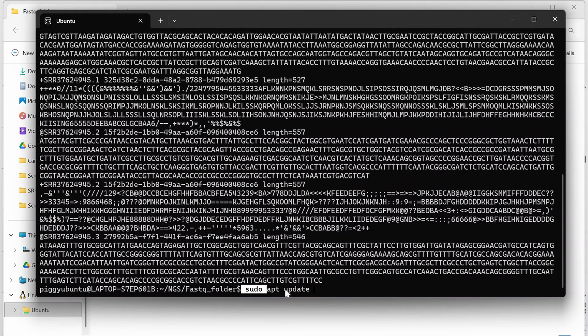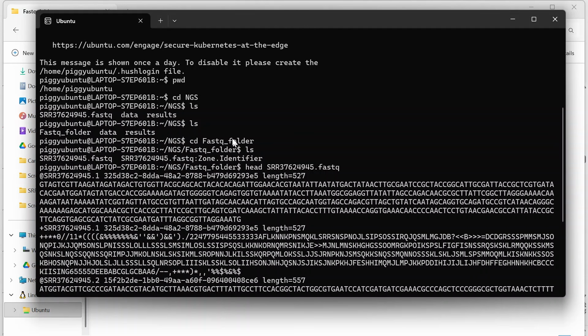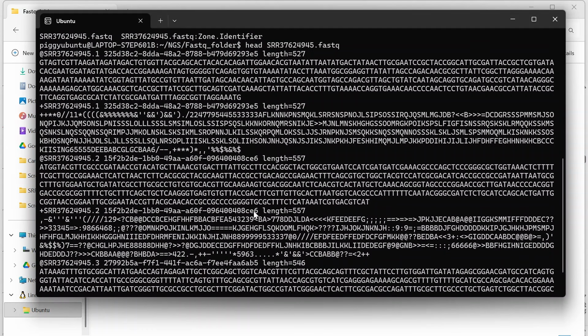It means it will temporarily make me an administrator. So for now, we are writing the commands. Here we wrote the command pwd, here we wrote the command cd, here we wrote the command ls. So for now, we are working as a normal user. But now, what do we have to do?